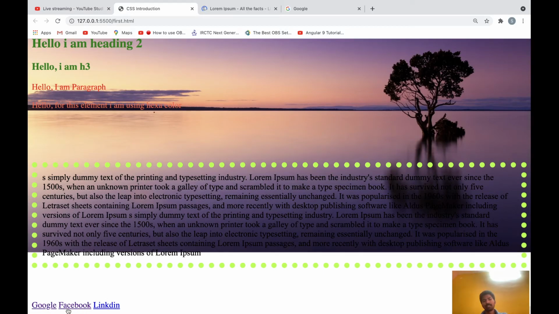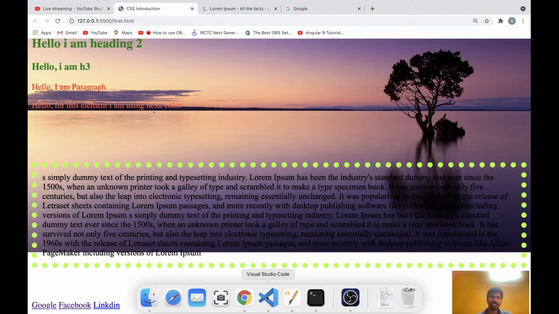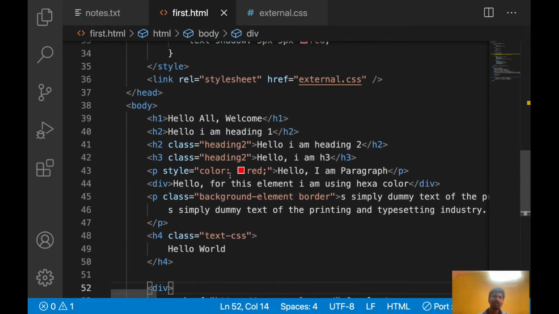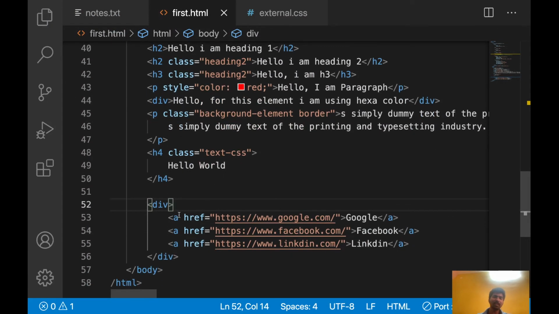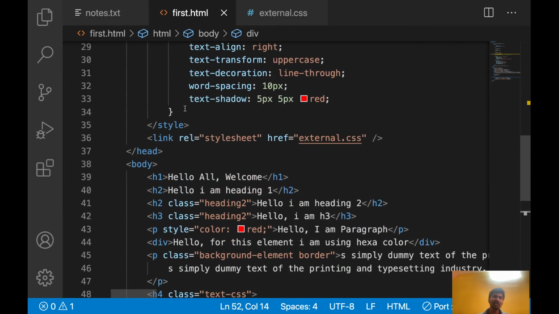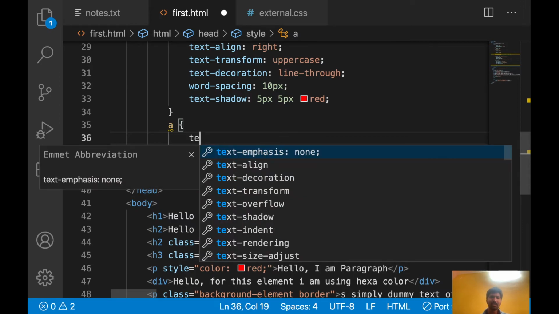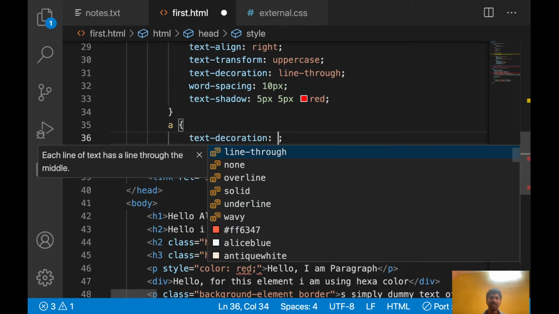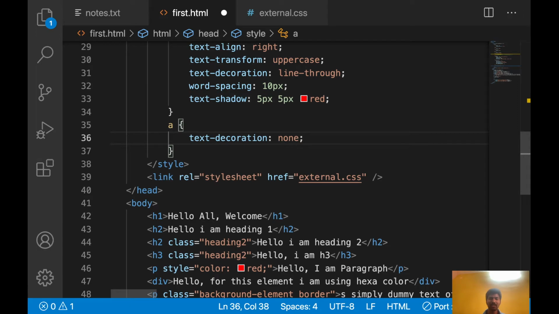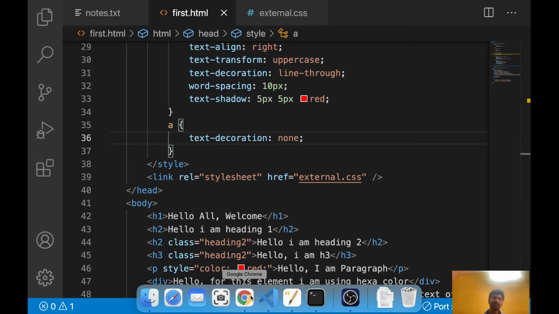For these three, the underline is coming. I want to remove that underline first because that's not looking good. Then I can use A as the selector, because for these three I want to remove the underline. Then I will use text decoration none, meaning the underline will not come.